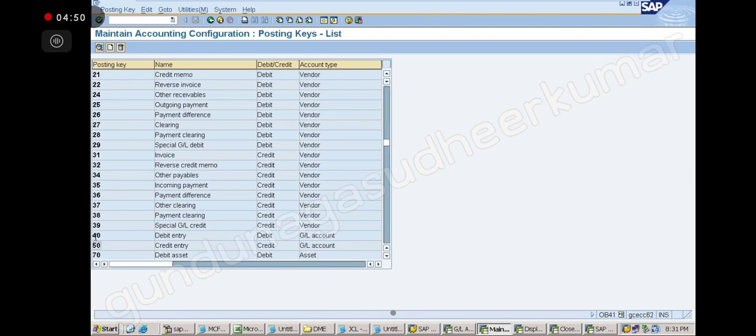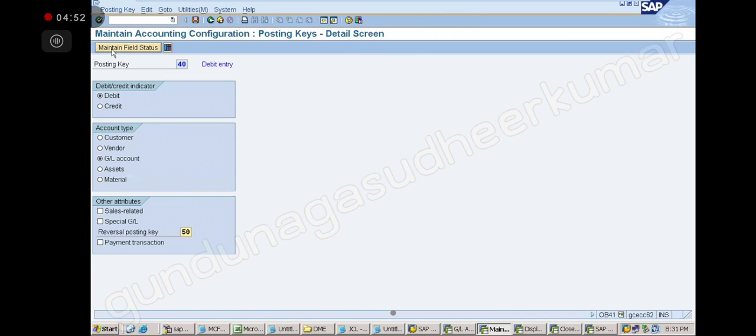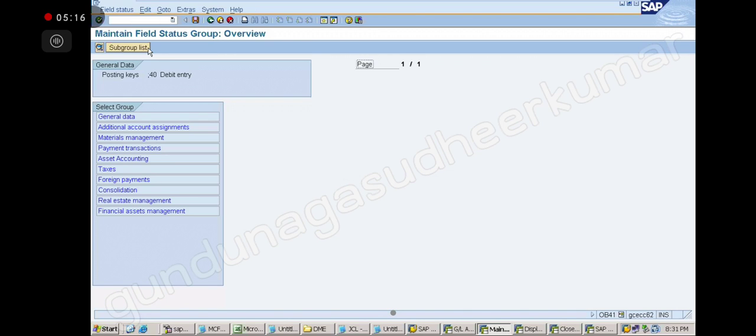If you notice here, on top we are getting Maintain Field Status. Now you know field status, which we are doing in OBC4. But here this is also coming in the middle. From here also field statuses can be controlled. If you click on Maintain Field Status, you see the same data you see in OBC4.